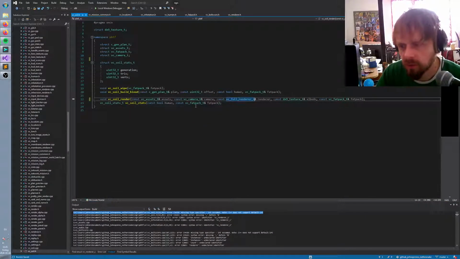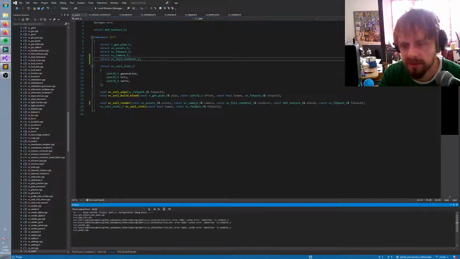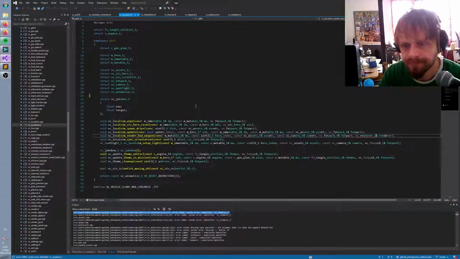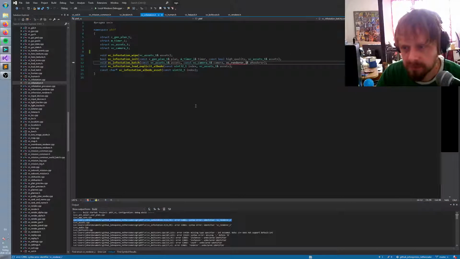And what is this? Soil, that's the concept of blood and guts that's on the floor. That's also only in the full renderer, in the mission. Let's see, what is this? Render HUD weapon, that's also in the full renderer, or in the mission. Should it be called mission renderer? No, let's call it a full renderer because it's used...